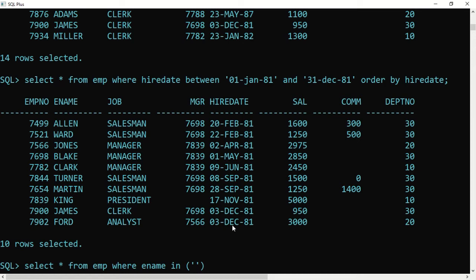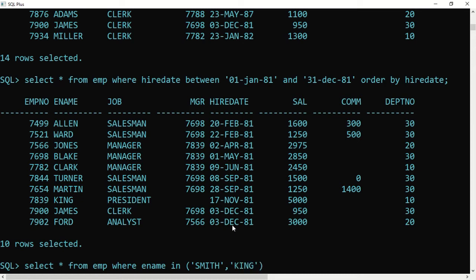The first name I'm searching for is Smith, and that should be in capital letters. Anything in the quotes is character information, so it should be compared exactly as it is: capital letters and small letters should be given properly. So I'll say SMITH in capital letters, and comma, the second person I'm searching for, say KING.